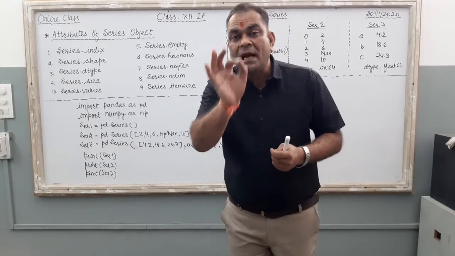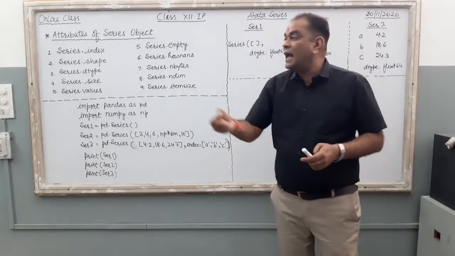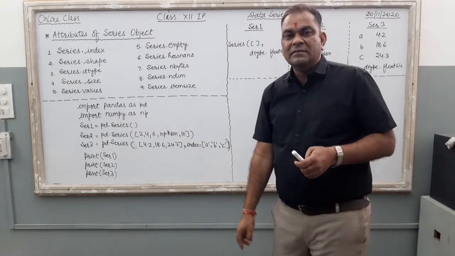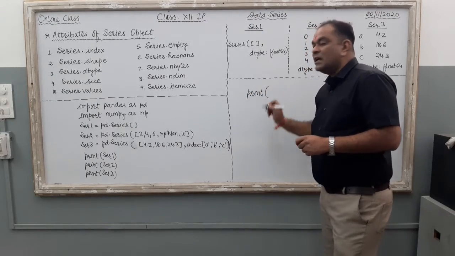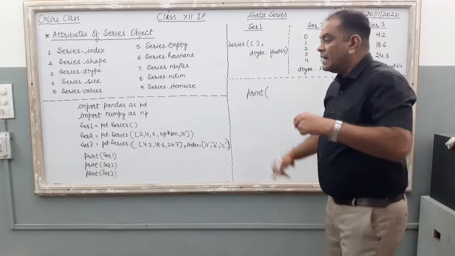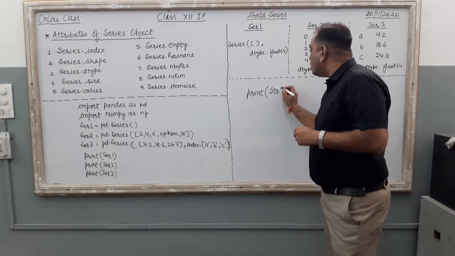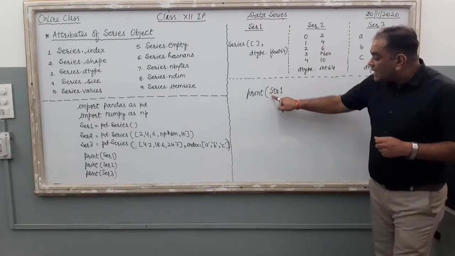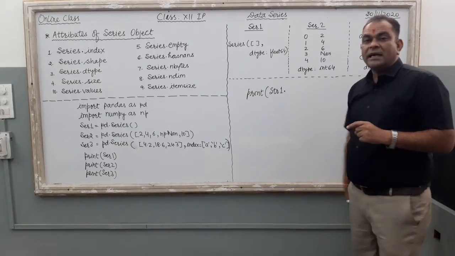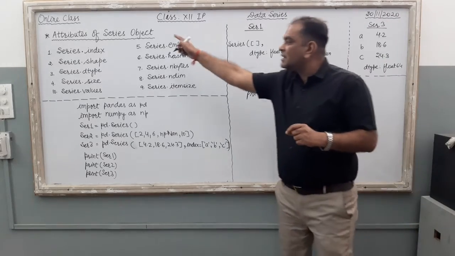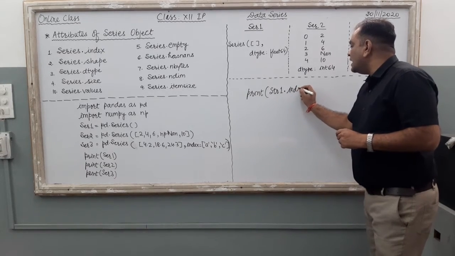object. Just keep in mind, students, suppose these 10 attributes are there, and if you want to run any one attribute out of these, you just use the series object. Just print. Suppose my series name is SCR1. Clear? I have created the series by using list. Now I want to apply any attribute on the series object. So very first I use SCR1, the name of the series, and then use the dot operator, and write any of these attributes. Suppose the index attribute. So here series dot index.